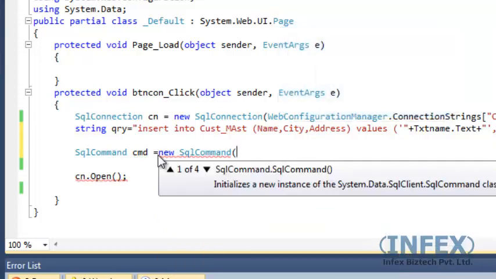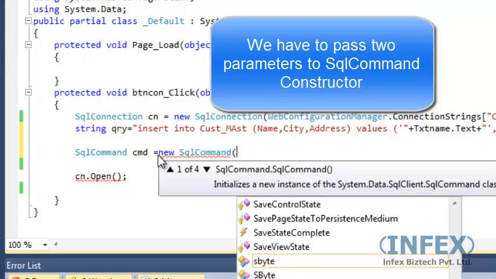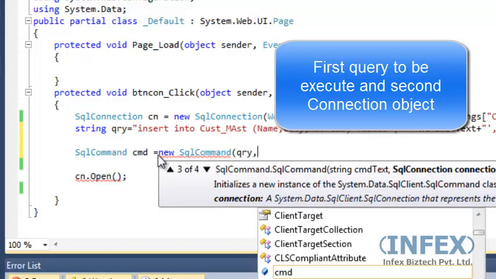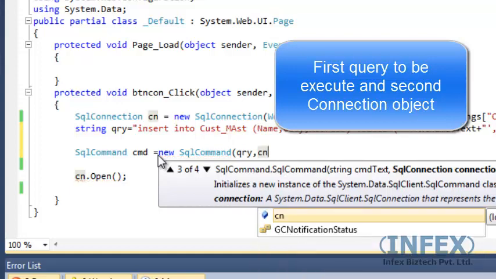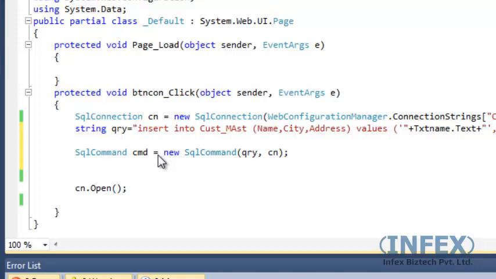Now SQL command class accepts two parameters to its constructor. So first pass SQL query which is our query variable, and second connection. So it is the connection object which is cn. Now we have created SQL command.